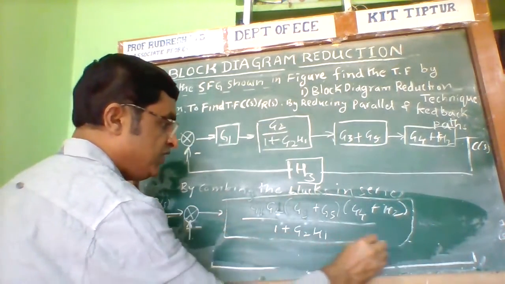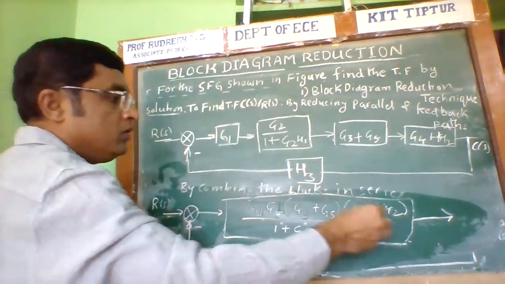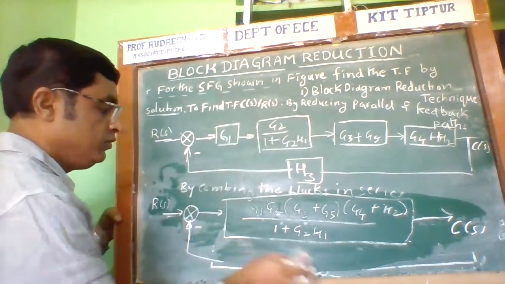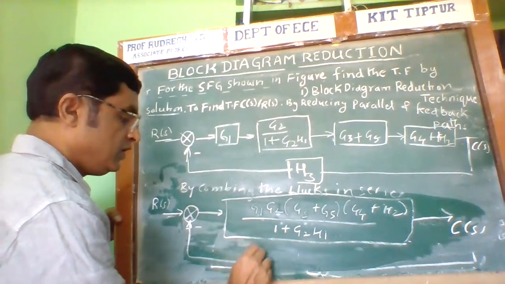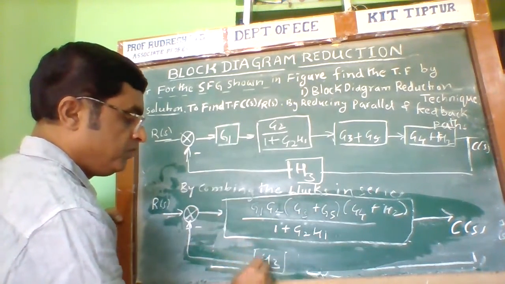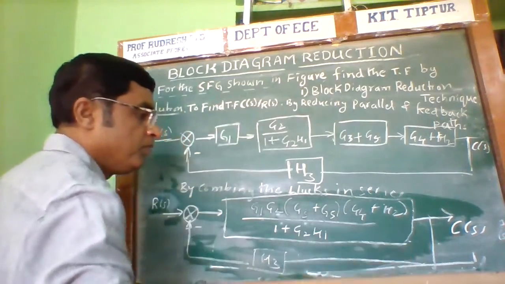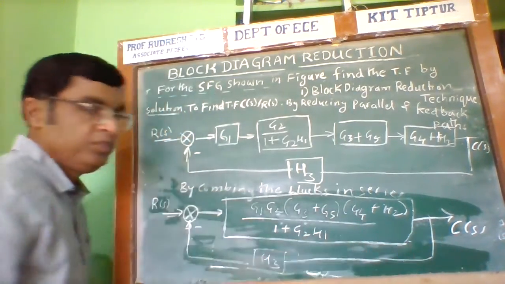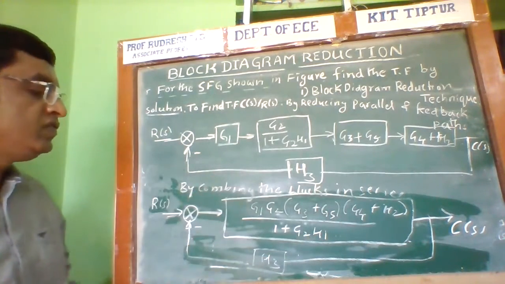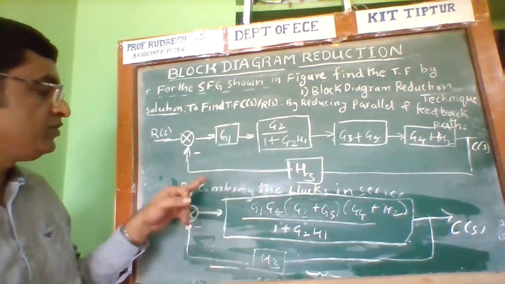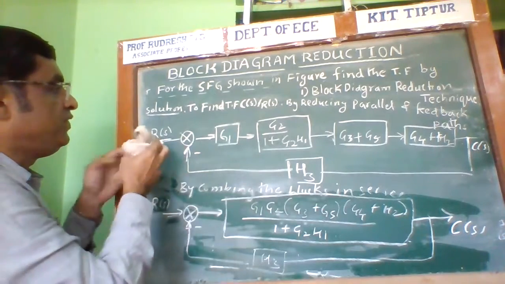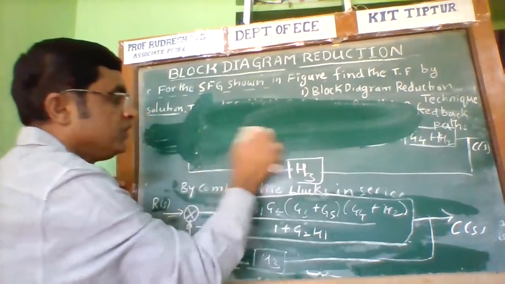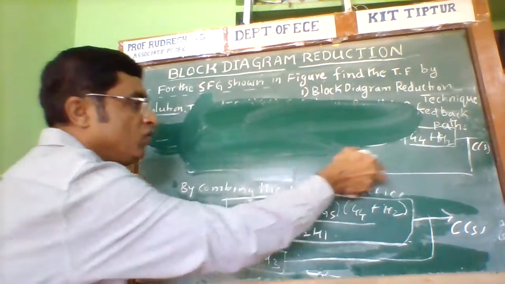Now this is the value of this particular block. The output is C of S. So now the input is here H3. Again, H3 is the feedback path. Next step, by eliminating the feedback path, the next step, we go for